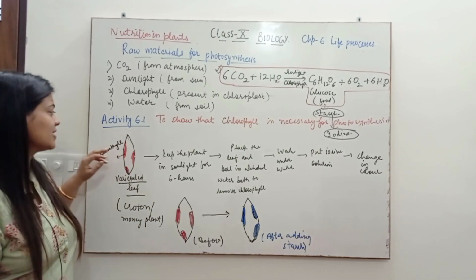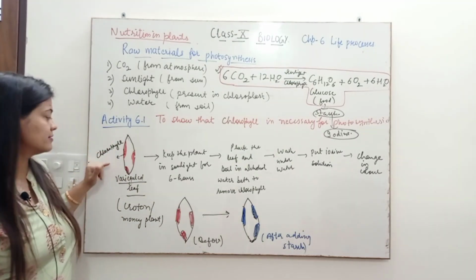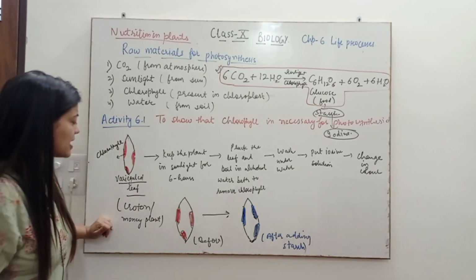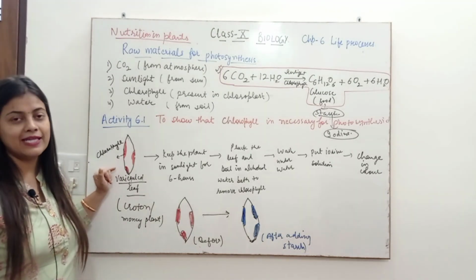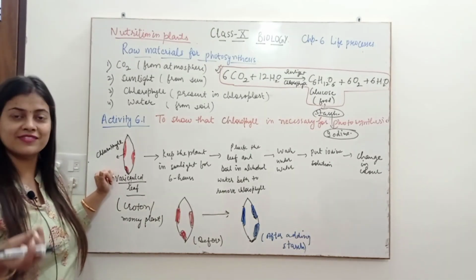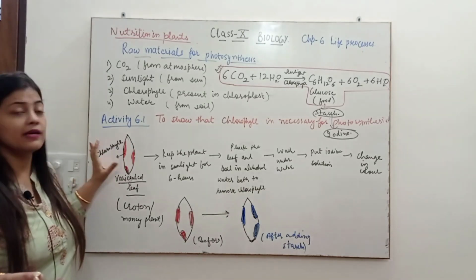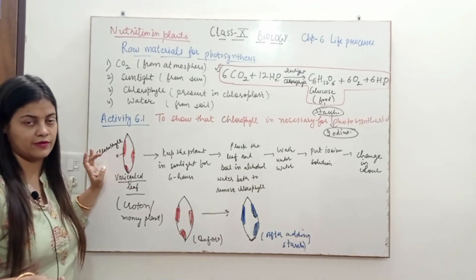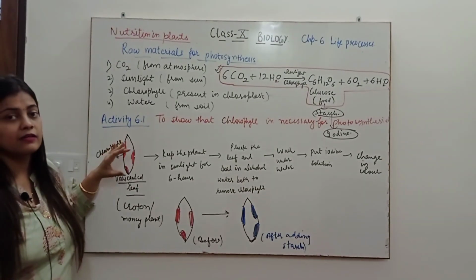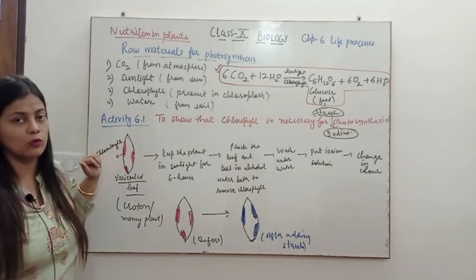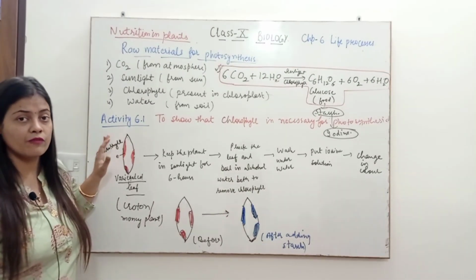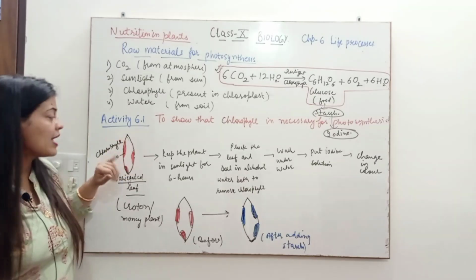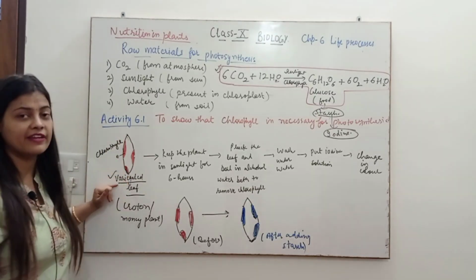Okay, now I have shown here a leaf which is quite a different type of leaf, a leaf which is not completely green. Normally the leaves are green in color, but there are some leaves which have patches of green color. Other parts are not having chlorophyll, and here we are conducting the activity for chlorophyll obviously. So we will take this type of leaf, and this type of leaf is called a variegated leaf.